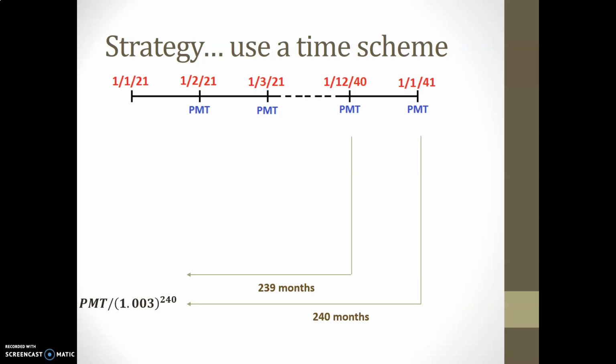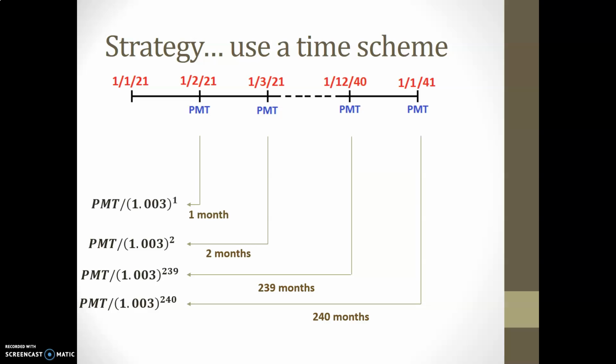239 months back to the past will provide a new value, PMT over 1.003 to the 239. And then the second payment itself occurred 2 months after the loan took place. So if we move its value back to today's date, when I say today, I actually mean January 1st, 2021, it is worth PMT over 1.003 squared. And finally, the first payment itself is done in the future in 1 month and includes 1 month of interest. So today's equivalent amount would have been PMT